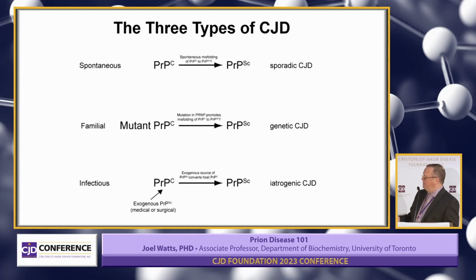The second is in the genetic prion diseases, you have a mutation in a gene, and that causes you to produce a slightly different prion protein. And this change in the sequence of the prion protein is thought to promote the misfolding of the prion protein, making it more likely that it will adopt the bad form. And then lastly, in the acquired or infectious forms, you have an introduction into the body of an exogenous source of preformed prions that can then convert the host prion protein into the bad form.